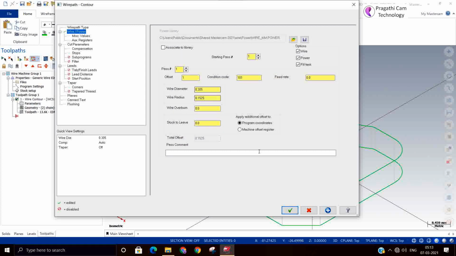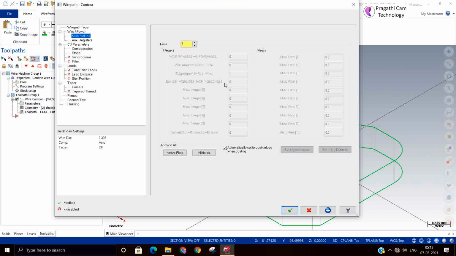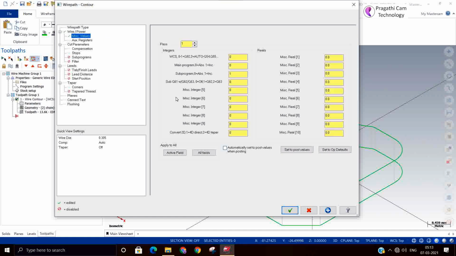Now I selected pass one, and in miscellaneous only the pass related information is there. Other than this, you can change the WCS. You can switch on and off the main program and sub program by changing one and zero. Generally, this page is mostly used during customization.